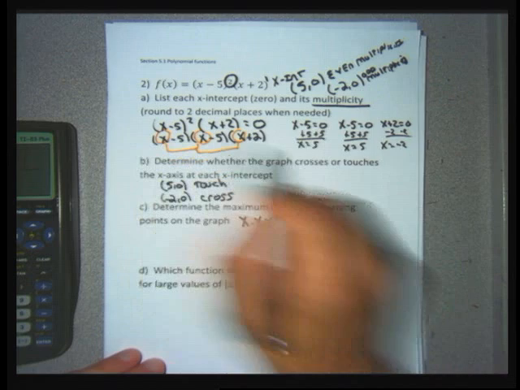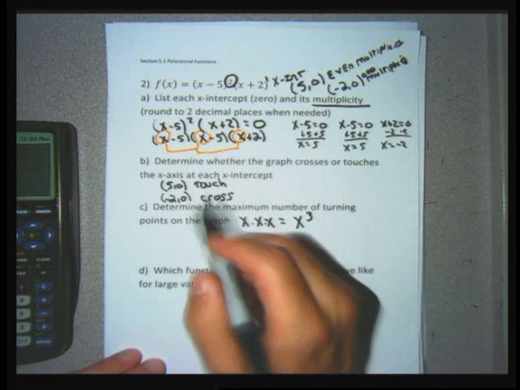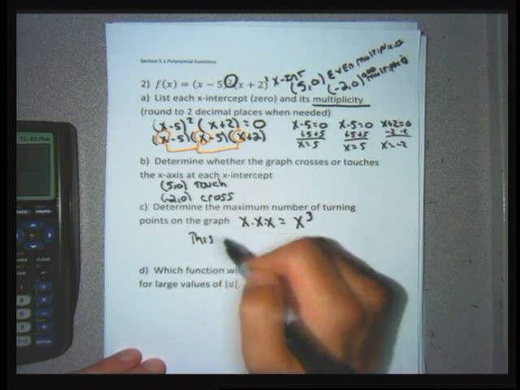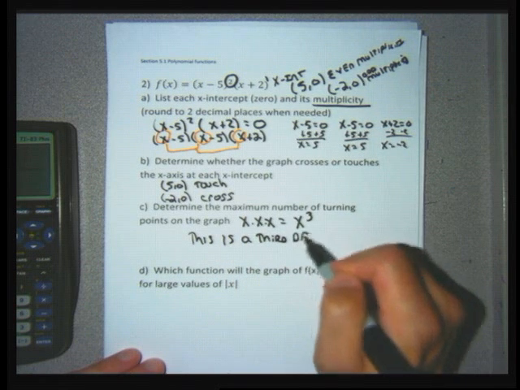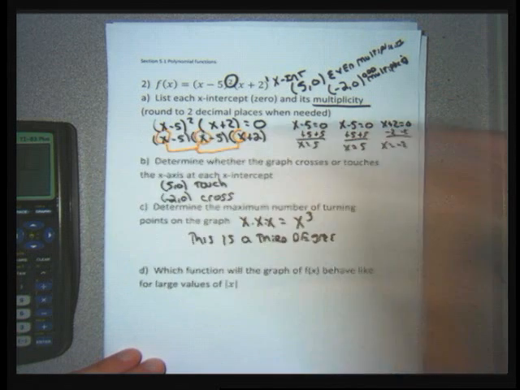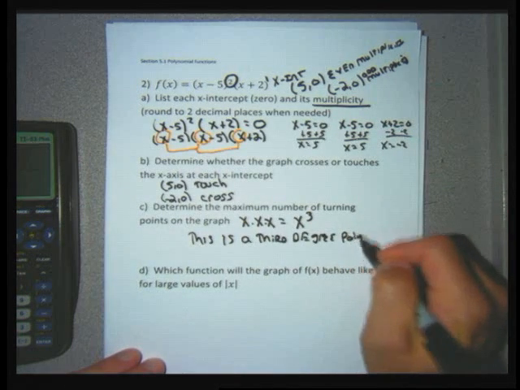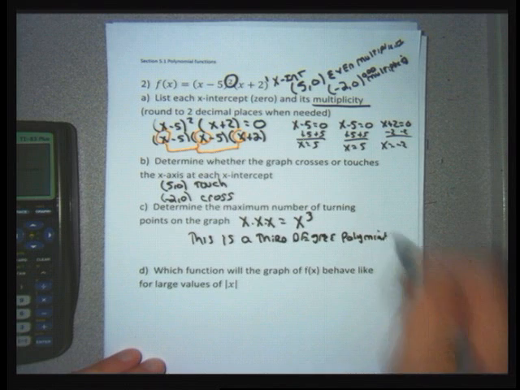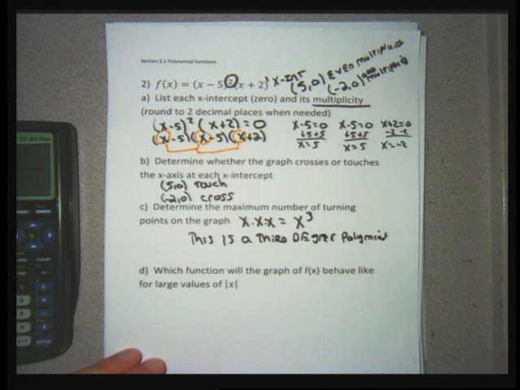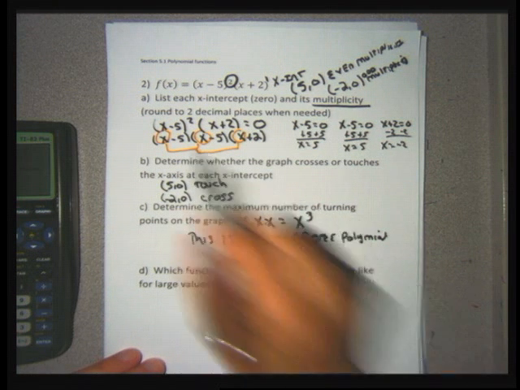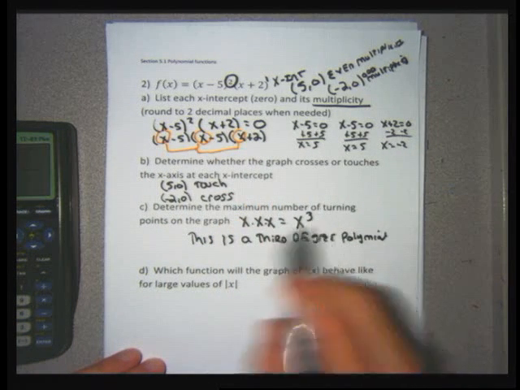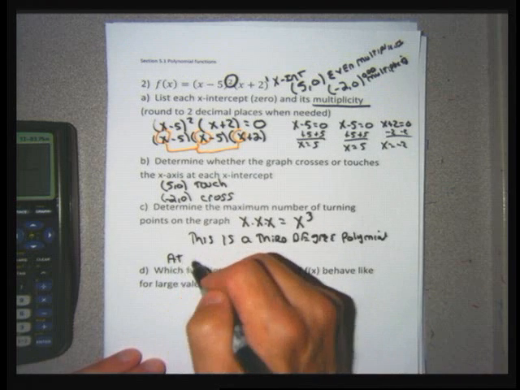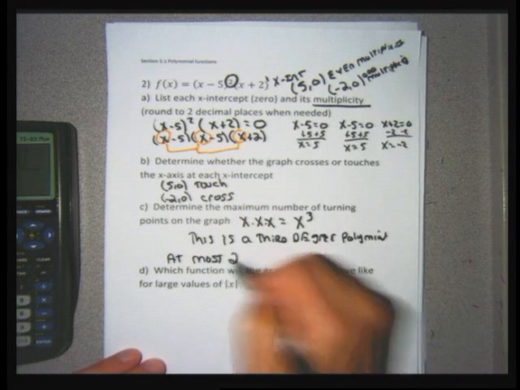So this polynomial, I don't know what it is completely expanded, but this is a third degree polynomial. If I FOILed everything out and got more after the x cubed, the more after the x cubed wouldn't impact the degree of the polynomial. Any term that came after this would have lower exponents. Because this is a third degree polynomial, it has at most 2